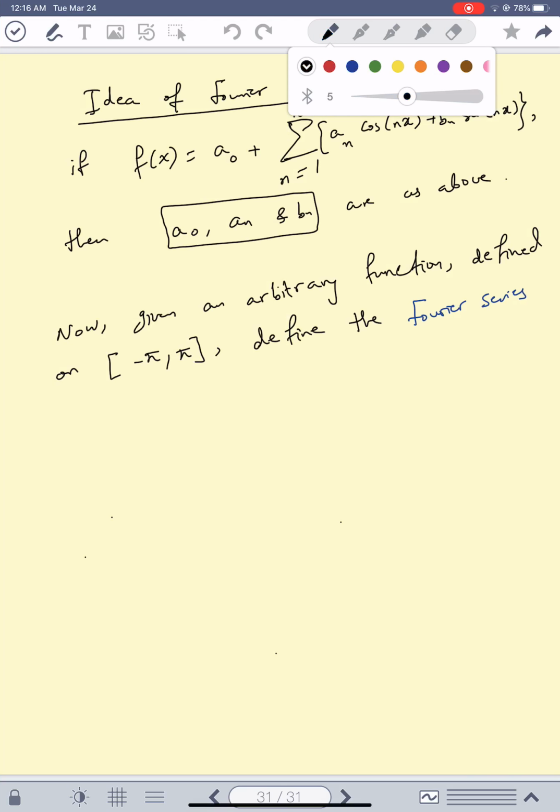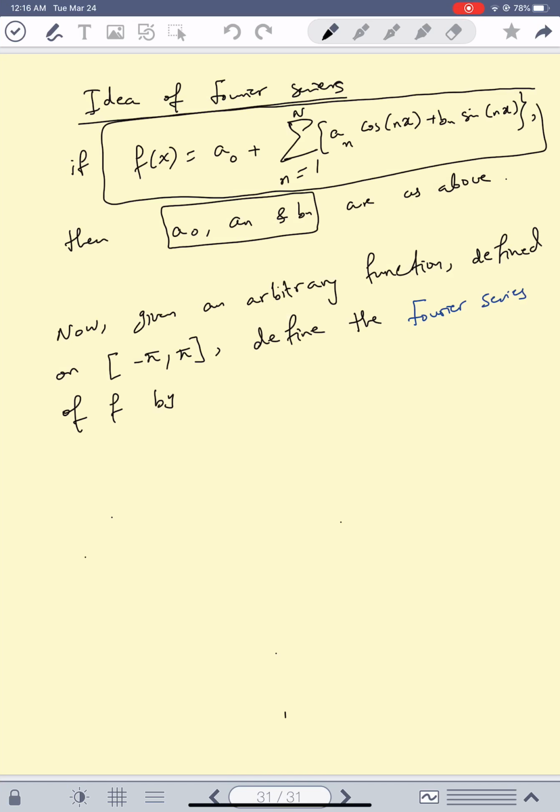So define the Fourier series of f. Now if you have a trigonometric polynomial, by definition you have a finite sum from 1 to big N. Now if you have a non-trigonometric polynomial, for example x is not a trigonometric polynomial, x squared is not a trigonometric polynomial. So what do we mean by the Fourier series? The Fourier series is exactly this thing,